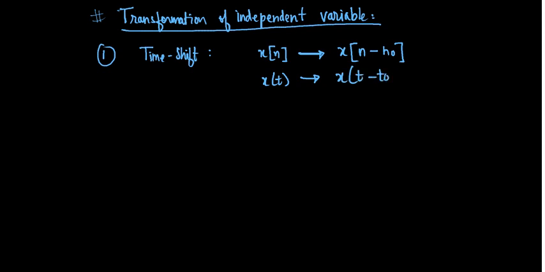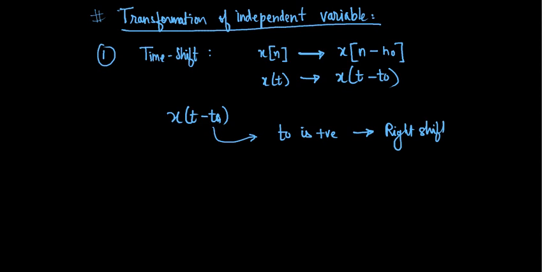Now, if I take this x of t minus t naught, if this t naught is positive, it is a right shift, also called a delay, isn't it? Because see, if this is a signal,